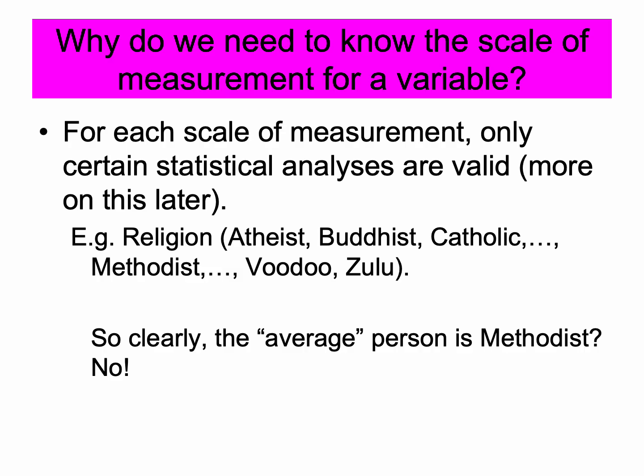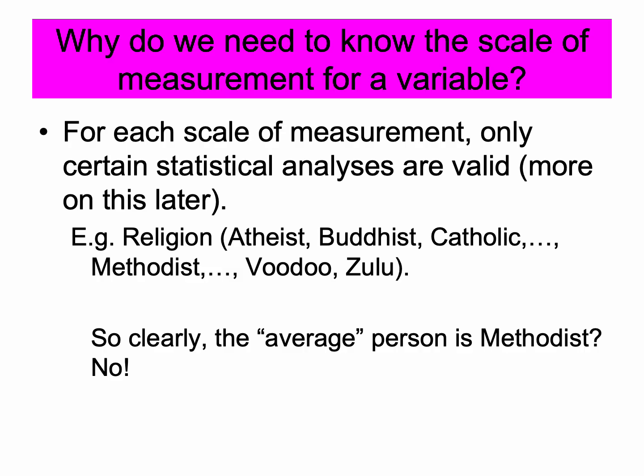Right, so what I just said is explained here as well. For each scale of measurement, only certain statistical analyses are going to be appropriate. And we'll talk more and more about that throughout this semester. But when we look at something like, for example, religion, we could have people that are atheist, Buddhist, Catholic, Methodist, all the way through whatever we can think of. And we can assign all of those numbers, but those numbers won't inherently mean anything. Even if we see